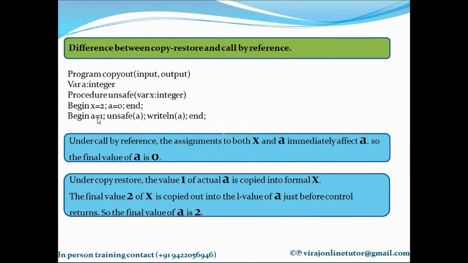Initially A was 1, then A became 2, then I assign A to 0. So at the end, when I print A, I get 0, because 1 was overwritten with 2, and 2 was overwritten with 0.